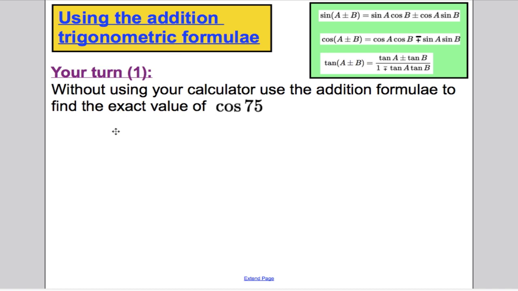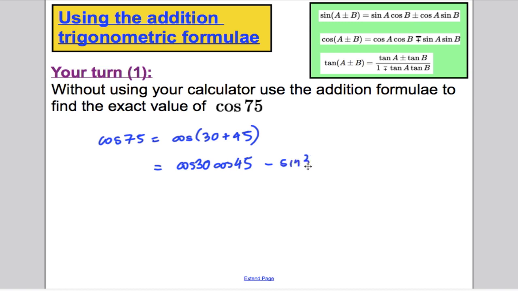Okay, I'll just quickly show you this one. I'm not going to go into it too much, but cos 75, you could say that is equal to cos 30 plus 45, let's say, and you could expand using the addition formulae and say that's equal to cos 30 cos 45, subtract sine 30 sine 45,